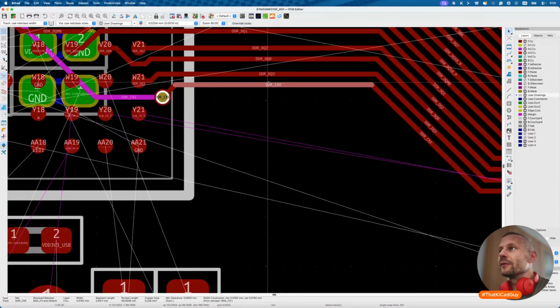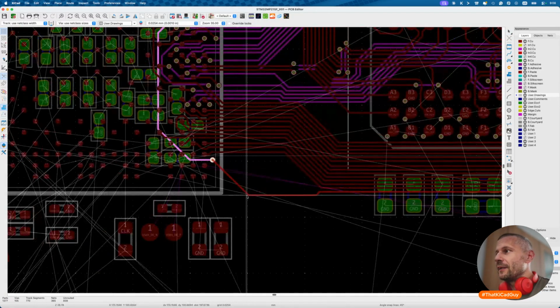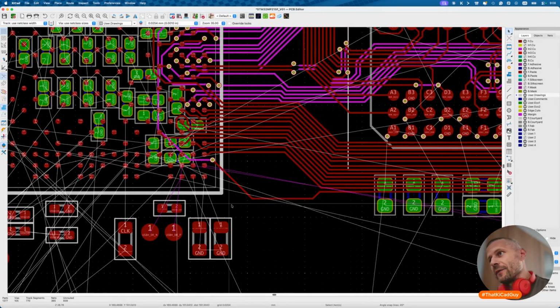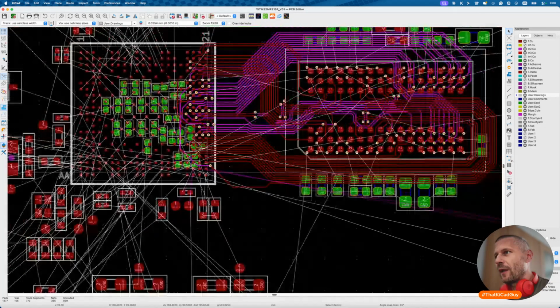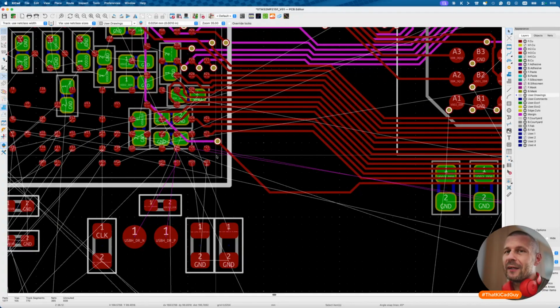Getting back to my point: if I want to go with the CKE like this, with some meanders, some things can affect the USB lines. Of course, there is still a lot of space, but yeah,